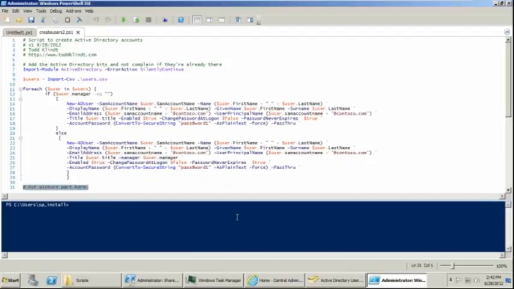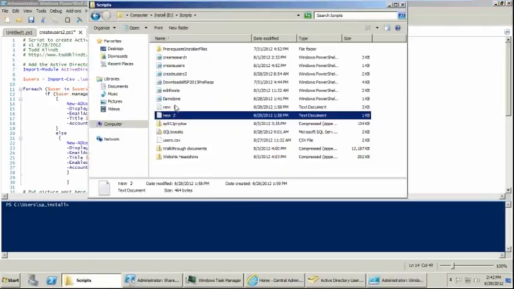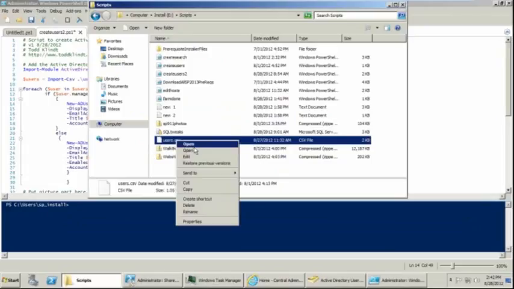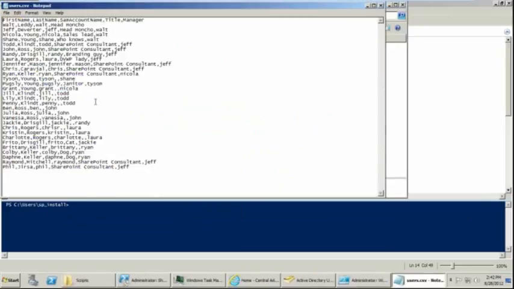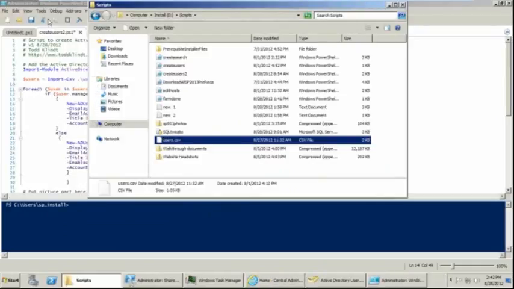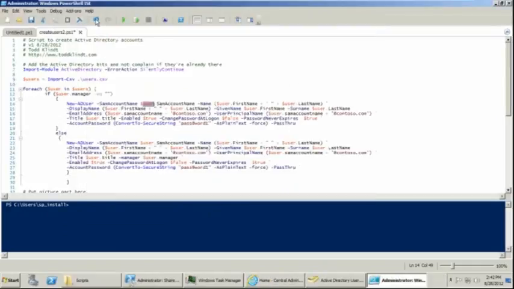The other thing, and I don't have this ready for public consumption, the other thing that I put at the end of this, actually I would put it right here, is I look in the local directory to see if there's a .jpeg file that has the same name as the user. And if there is, then I use some PowerShell to add their picture. So I'm going to run that. I have a users.csv file that is right here, and this is just coworkers of mine. You might recognize some of those names, but this is just what I use for one of our internal VMs. So if I run this,